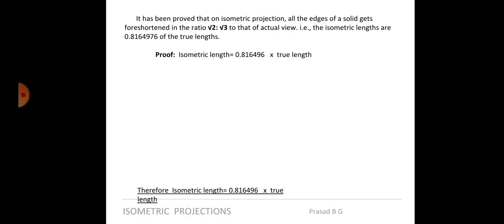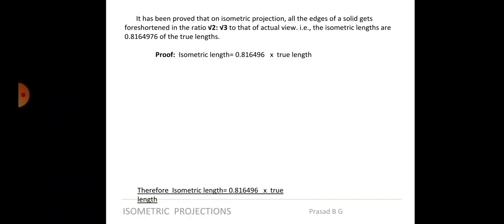In other cases when you dimension, you don't write anything like ISO, right? What you do is you directly take that line, measure the dimension and write 40, 30, whatever. But now in an isometric drawing, if you want to write the dimension, you will write it as ISO and then 40. When you write ISO 40, it means that it is the isometric value of 40, that is 32 point something. You will not write it as 32 point something, you will write it as ISO 40.